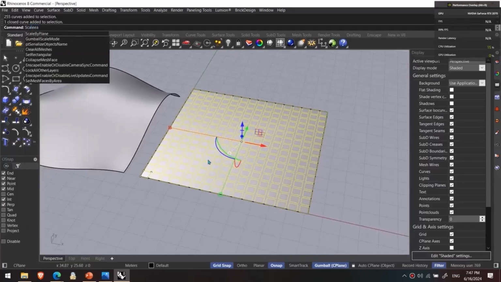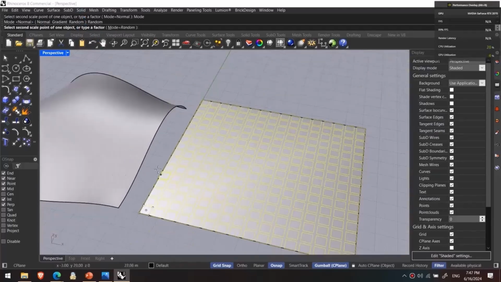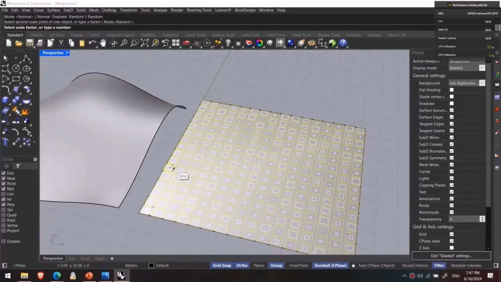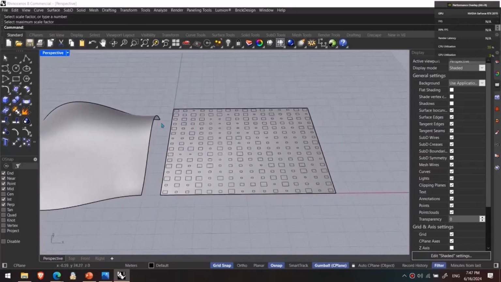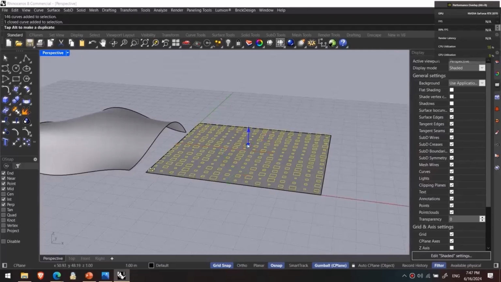After that, scale each, like this way, SCALEEACH. Then I want to scale them randomly. For instance, we specify maximum and minimum values. Or we can specify the scale factor graphically. Watch the maximum and the minimum sizes for the boxes. And then we select them all. Then we extrude them